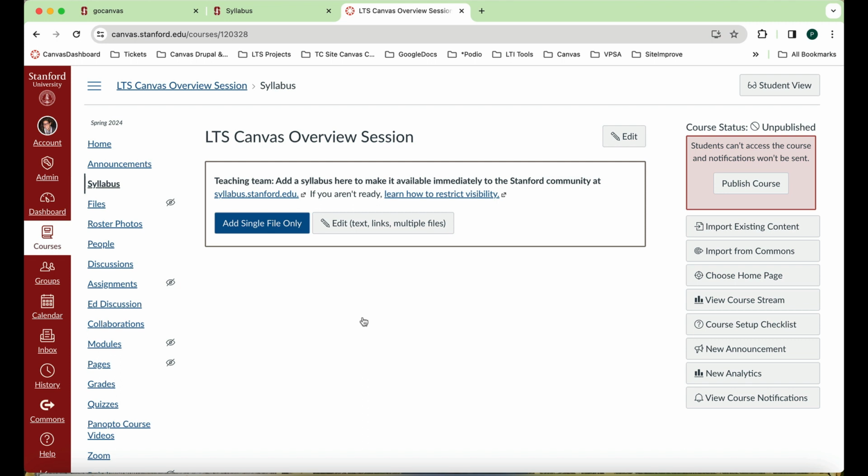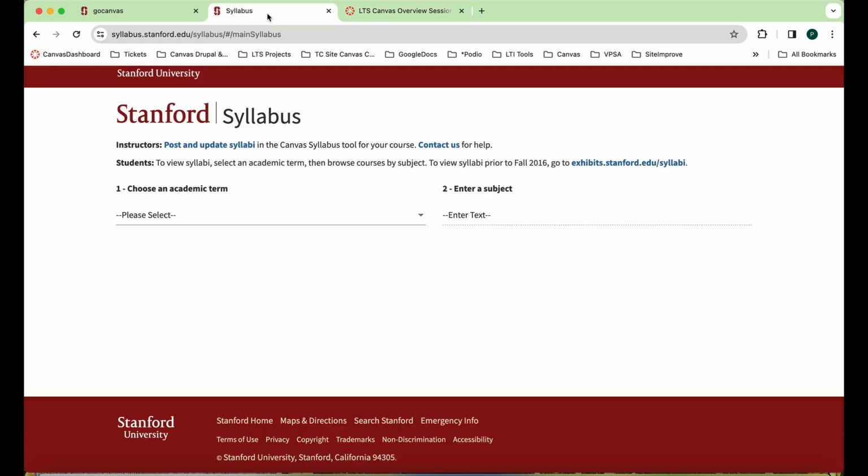Now, there is one exception with the syllabus tool. When you upload your syllabus to this tool, it feeds out directly to syllabus.stanford.edu. So it's accessible to all authenticated Stanford users with a valid SUNET ID even before publishing your course.